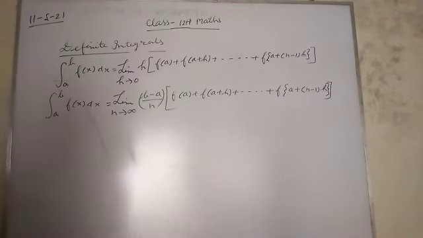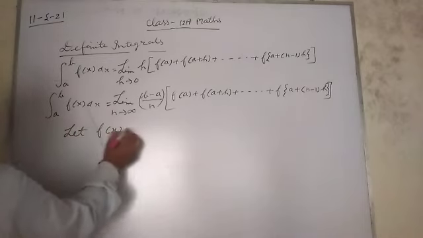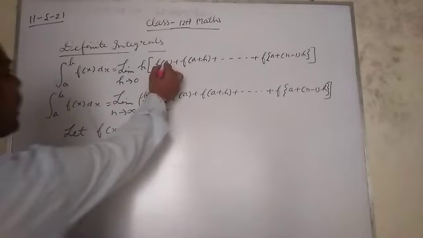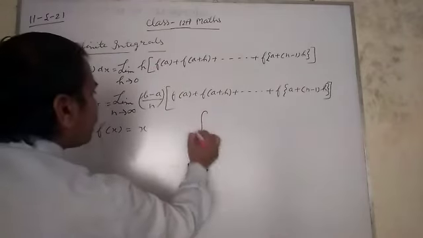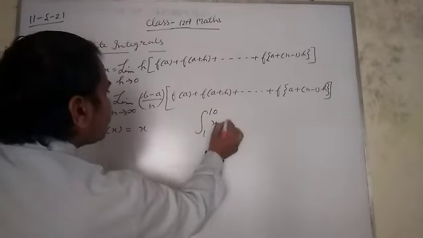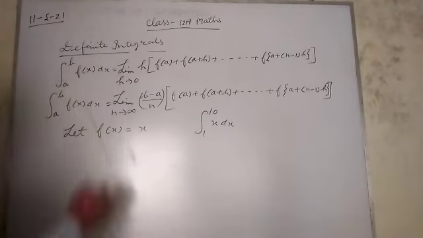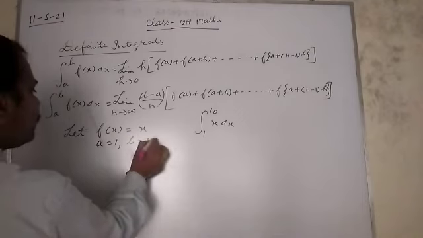And it is very simple. Suppose a function will be given anywhere, suppose the function f(x) is equal to x, and you have to find its integration. Suppose one example, integral from 1 to 10 of x dx. You have to integrate by this method, sum of limits. So f(x) is equal to x, and here a is equal to 1 and b is equal to 10.